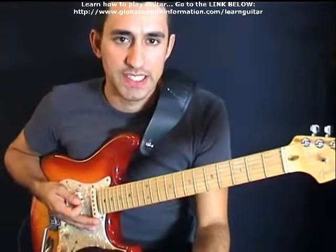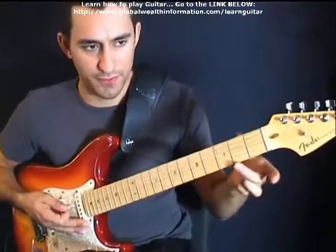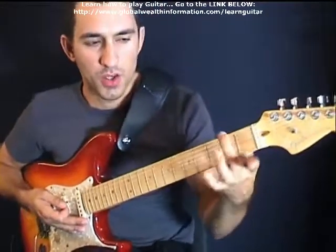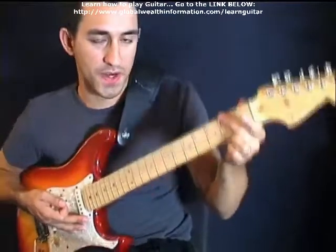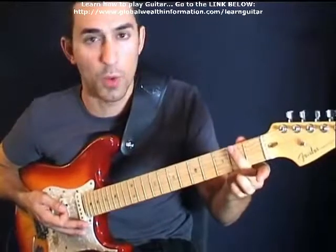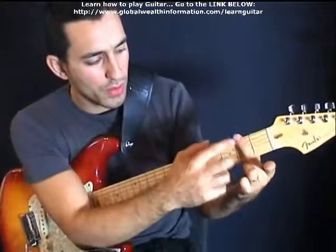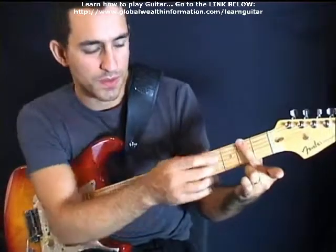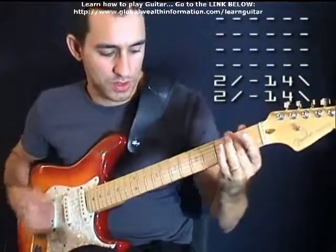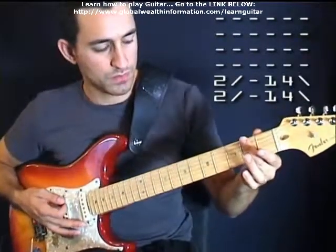So, what I'm doing there is, first a slide. This kind of slide, I wouldn't recommend fretting the normal kind of way with the curved finger like that, the curved bad mother finger. Instead, I want you to flatten the bad mother finger so that you're actually fretting at least 2 strings. The more, the better, but 2 strings will be enough. So if you have your bad mother finger the flat way, you're actually going to be playing 4ths. So we're going to be sliding up with 4ths. And, by the way, I'm tuned down a half step. So, from the 2nd fret,